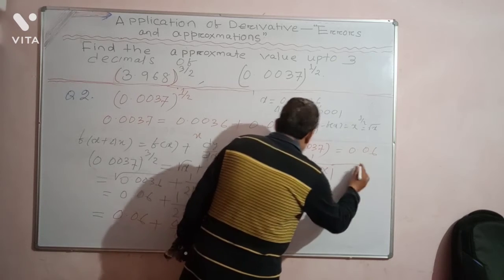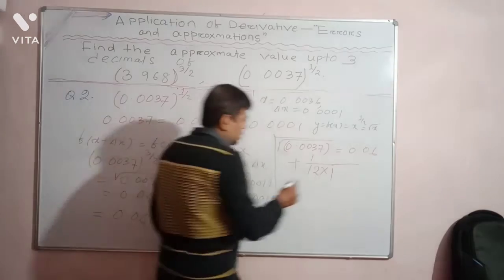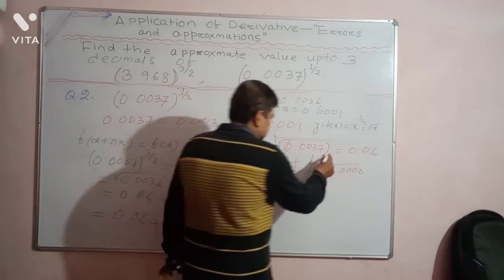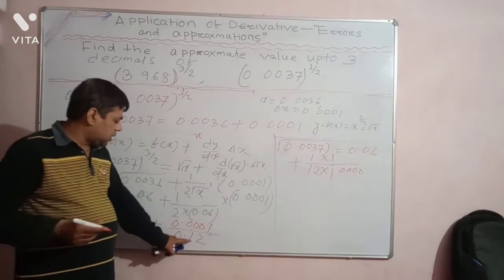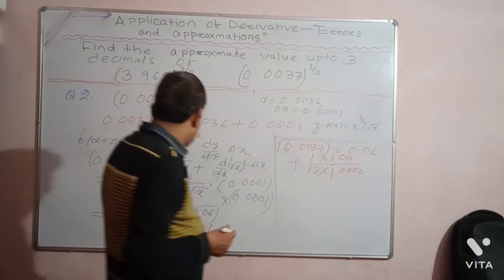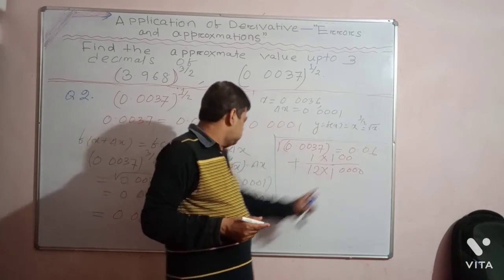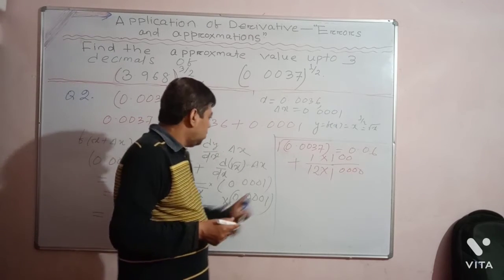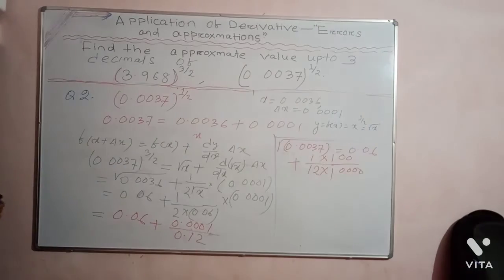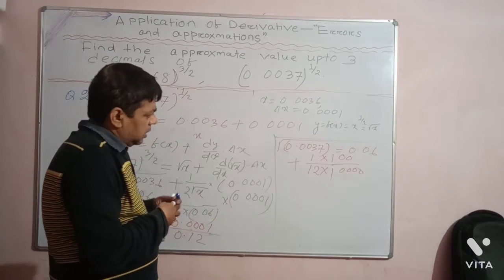In the numerator, how many digits are in the decimal part? 1 2 3 4. So write 1 here. In the denominator, how many digits in the decimal part? 1 2. So write the same number of zeros: 1 2, here 1 2 3 4. Is it clear? Are you getting my point? How to remove the decimal is your part; all of you know this. Being in a higher class, you should know this.